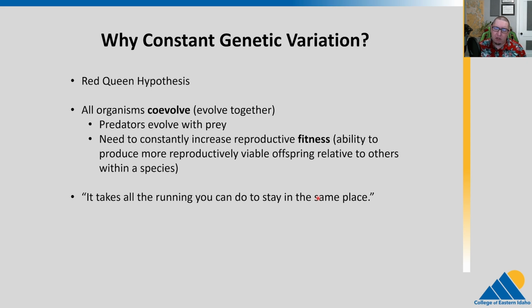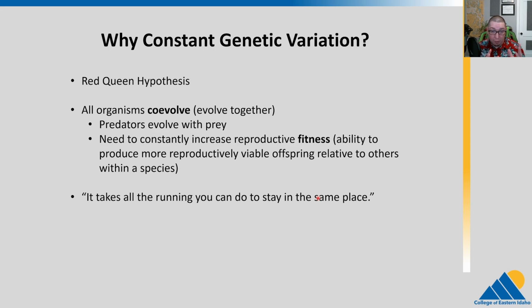So let's focus on the genetic variability side of things first. Why do we want to keep changing things? Well, there's a hypothesis called the Red Queen hypothesis. This goes to Lewis Carroll's Alice in Wonderland. And here we have the Red Queen who says, you just have to keep running to stay in the same place. It's kind of like that, right? You have to keep changing and evolution keeps functioning. It is a constant thing to just stay surviving, right? So you're constantly in a race for survival.